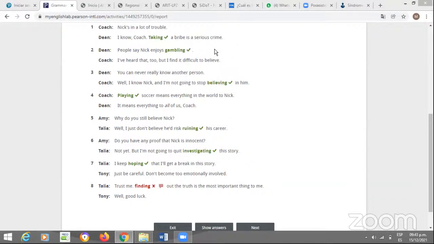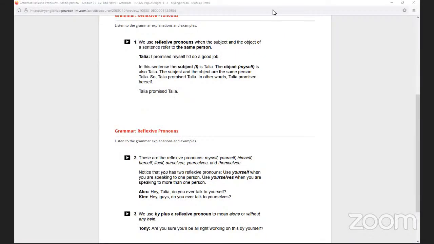So now I will share my screen with you. In this case, we're not going to see the second grammar about possibilities, we're going to see it tomorrow. But now we are going to see reflexive pronouns, the third grammar. So I will share my screen. Okay. And when we talk about